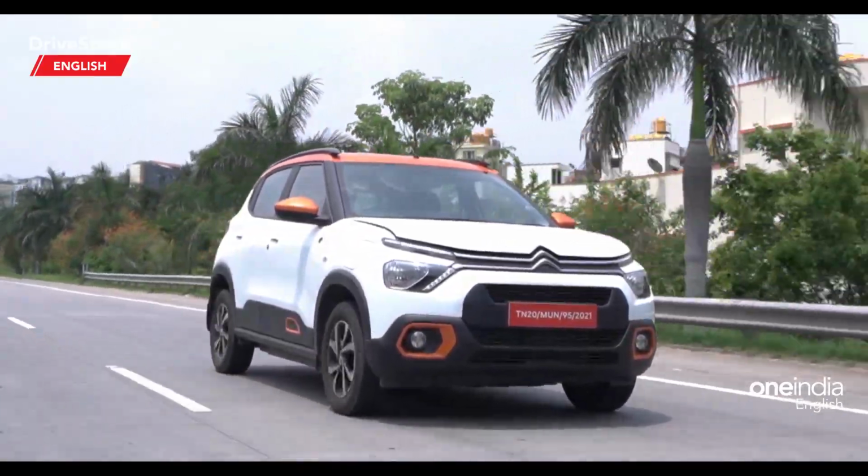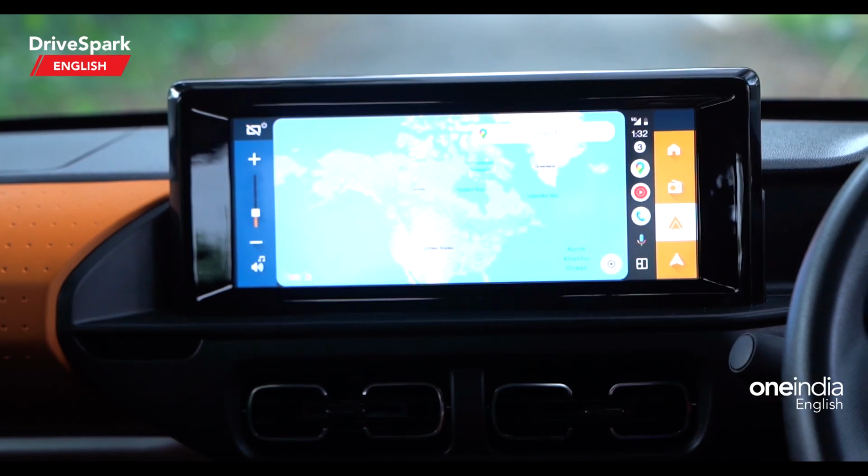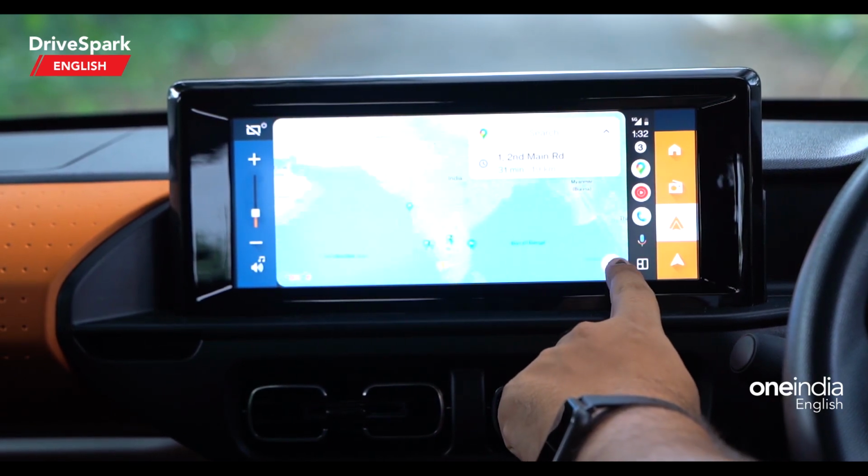Now let us continue our journey towards the Hesarghata Grasslands, and I shall give you a range and a charge update. On that note, I would also like to tell that I am using my phone via navigation through Android Auto, and this gets that 10.1-inch infotainment system along with wireless Android Auto, Apple CarPlay at this price range, which is very good because